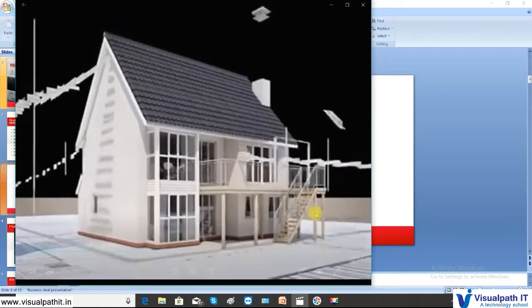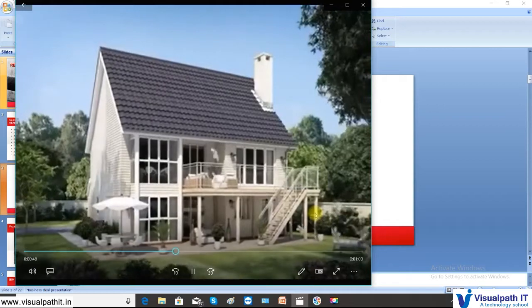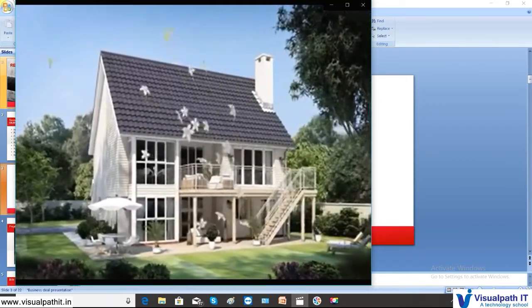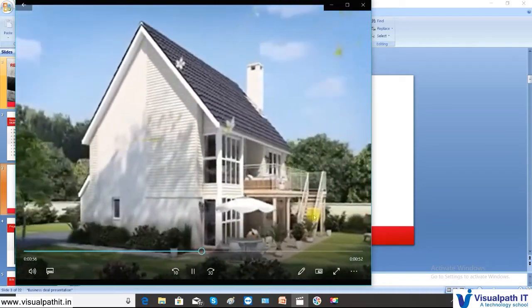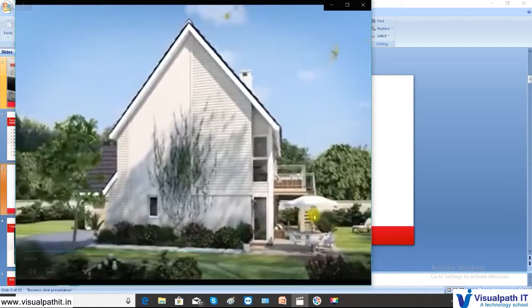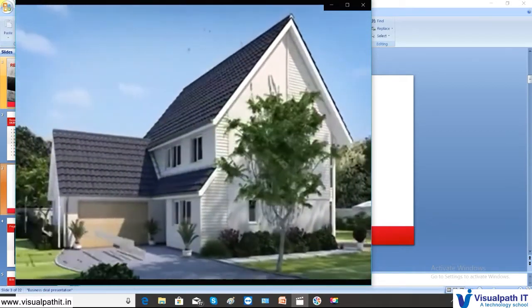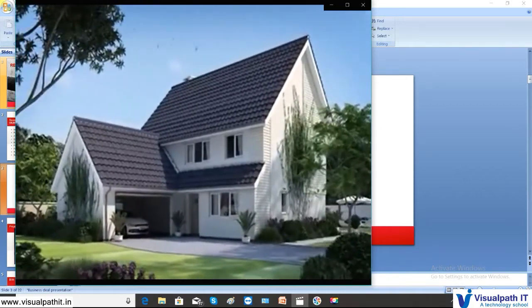You can see the flowers are moving. Animation cannot be done in Revit, but you can see the camera moving around the building. That is called the walkthrough. This walkthrough is possible in Revit. Once it is done, you can go inside and see how your building looks, how your house looks.